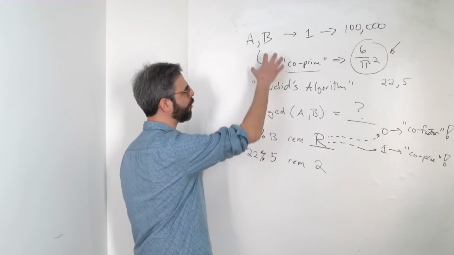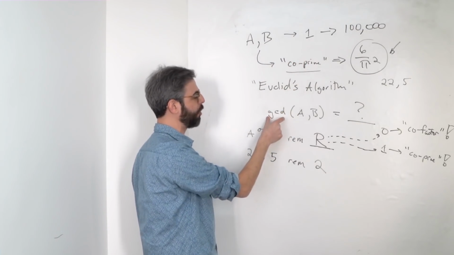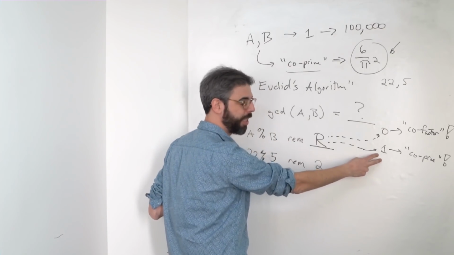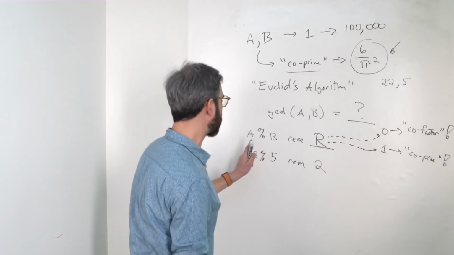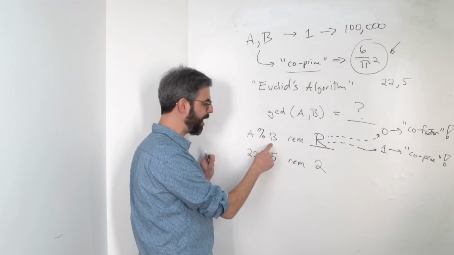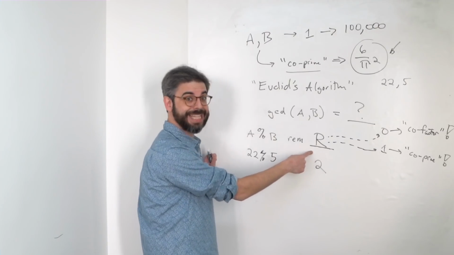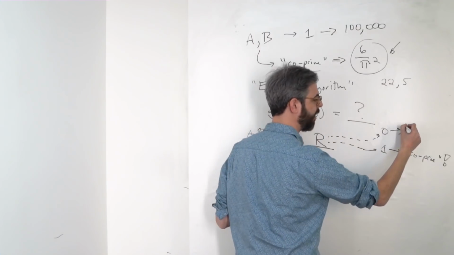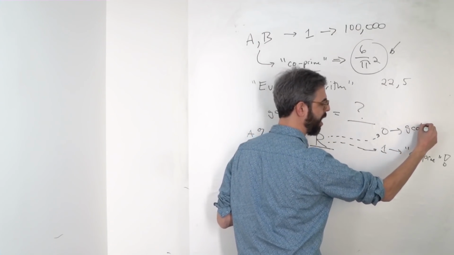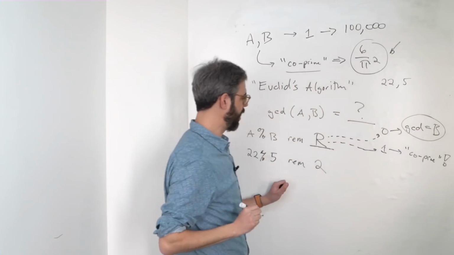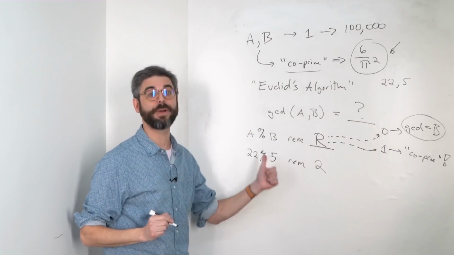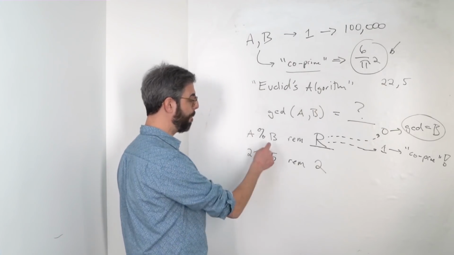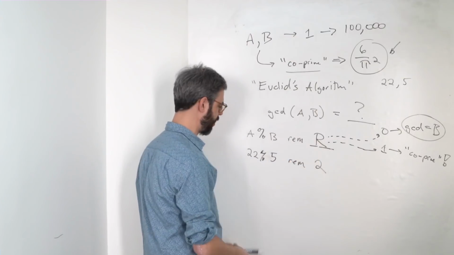I should also mention that I'm kind of mixing things up here. I want to determine whether two numbers are coprime by calculating the greatest common divisor. And if the greatest common divisor is 1, then they are coprime. To be a bit more clear, if A modulo B is remainder 0, then the greatest common divisor is B itself. So this should say that the GCD, the greatest common divisor, is B. If it's not 0, I need to keep going. And the way that I keep going is by then taking B modulus that remainder.